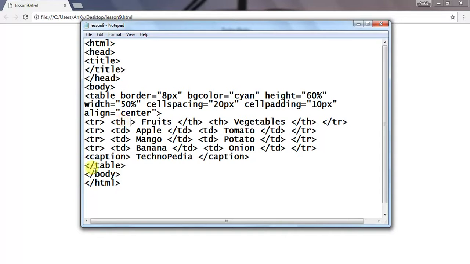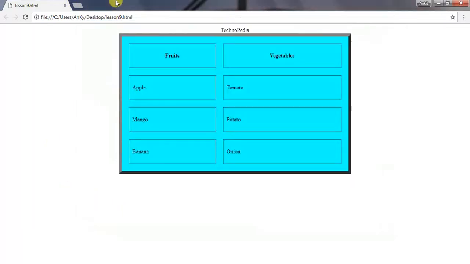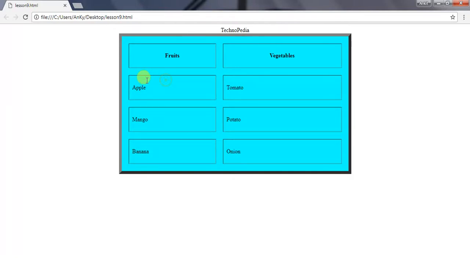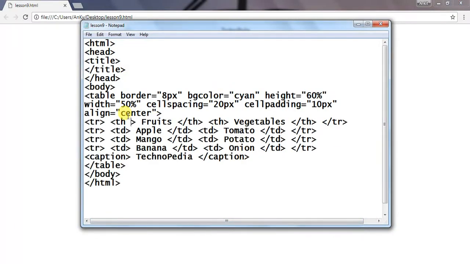If I talk about this cell, which contains the table data of fruits, and I want to include this cell also within the cell that contains the fruit data, then what should I do? I simply use rowspan